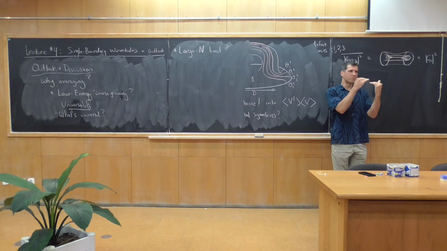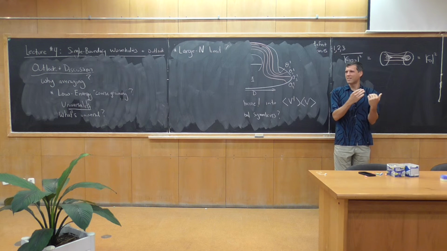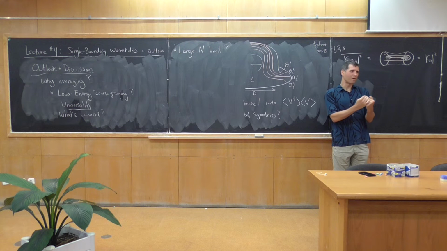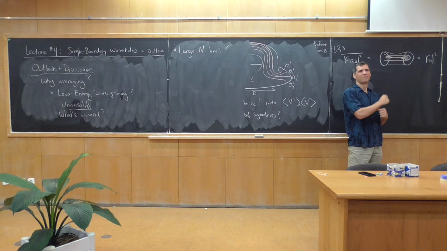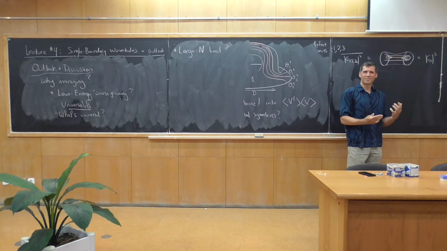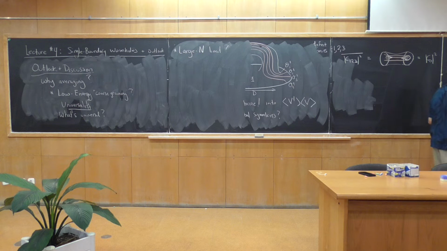As you go from n equals 1,000,000 to n equals 1,000,001, they jump around in some crazy way. And it doesn't even really make sense to say, well, I was looking at that state and taking the large N limit of that particular state. It doesn't even really make sense. So the proposal is that it's that large N jitter that's responsible for averaging.